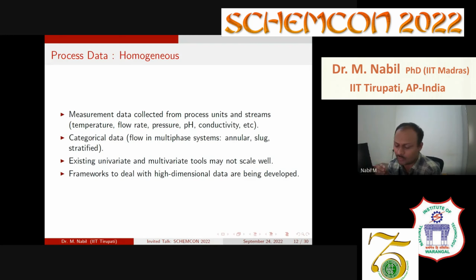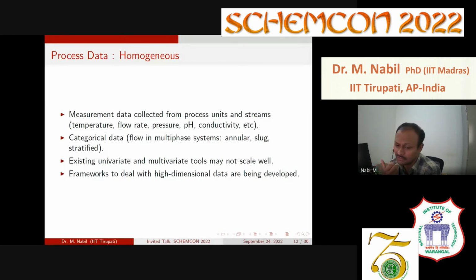Means if you take a multi-phase system, it could be an annular flow or a slug flow or a stratified flow, or you take Reynolds, the type of flow. Even in a single phase fluid like pipe flowing, it could be laminar or turbulent. That's categorical information, right? Which means we have different types of data, and it could be univariate and multivariate,